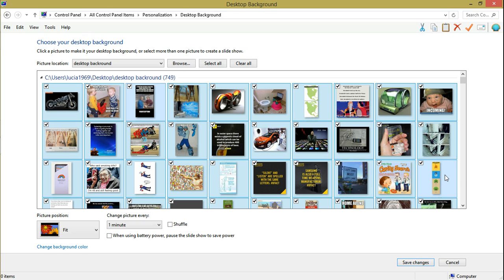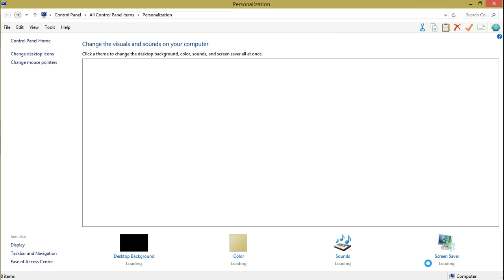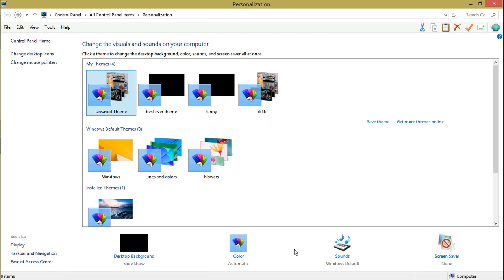And it does save your power. I don't know how much it saves, but it does save your power. Gives you a little bit more time of battery. So I'm just gonna save my changes. So now we have